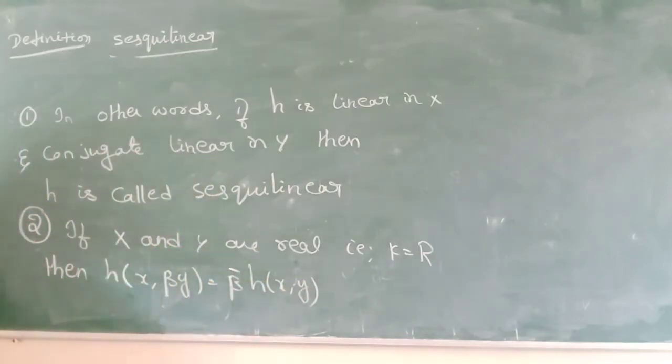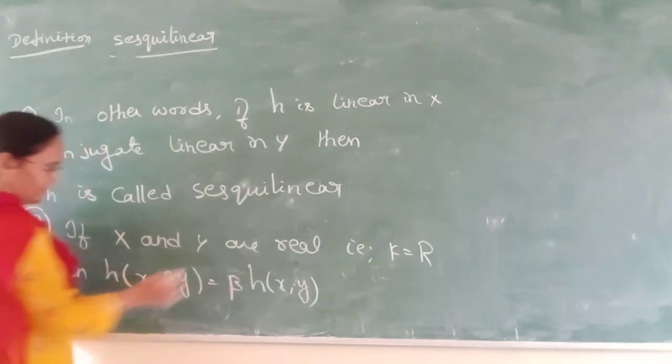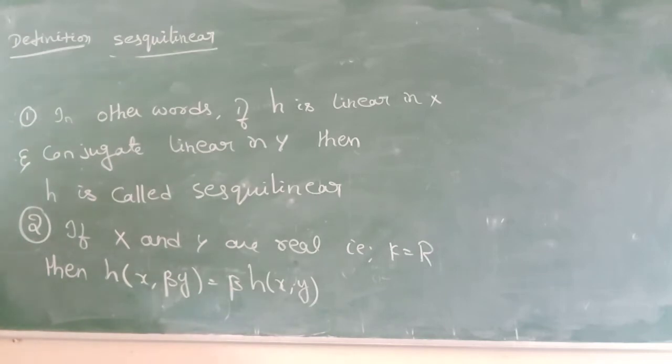We already know this property. Not beta bar, only beta. H of x comma beta y is equal to beta into h of x comma y, and